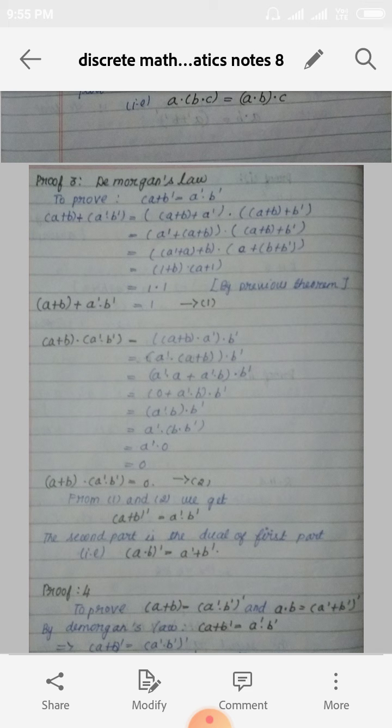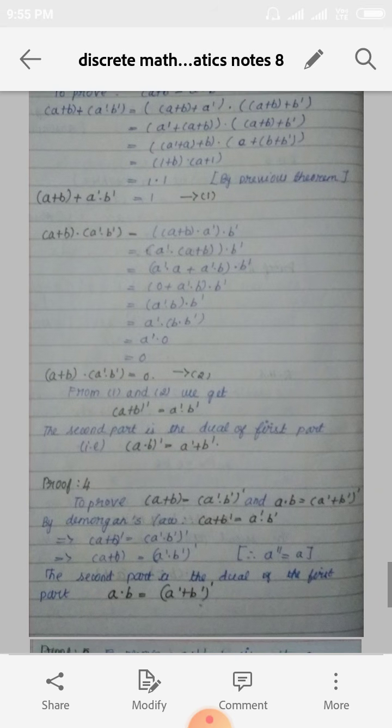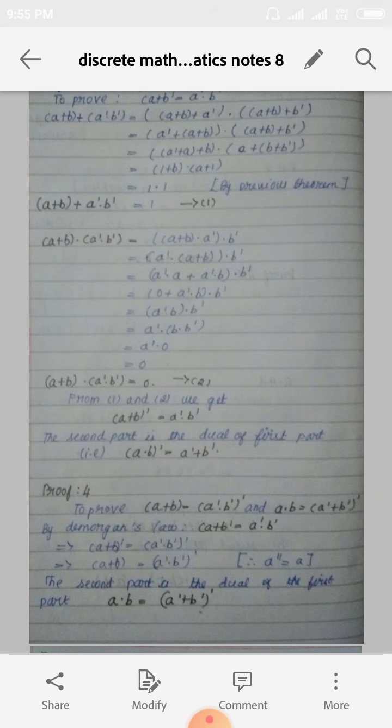So we get 1 into (1 plus B), which is nothing but 1 by the previous theorem. And then A plus 1 is equal to 1. So 1 into 1 we get 1. Mark this as equation number 1. Then take the right hand side, and we get equation number 2. So from 1 and 2, (A plus B)' is equal to A'